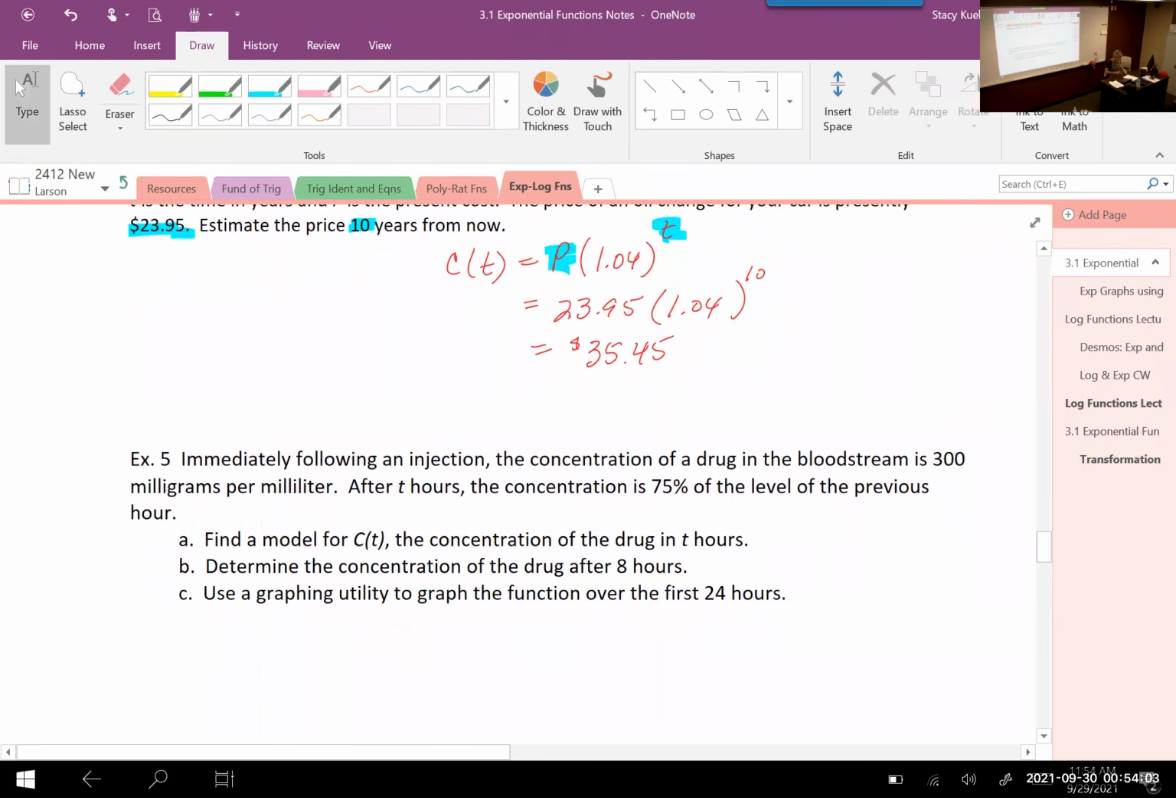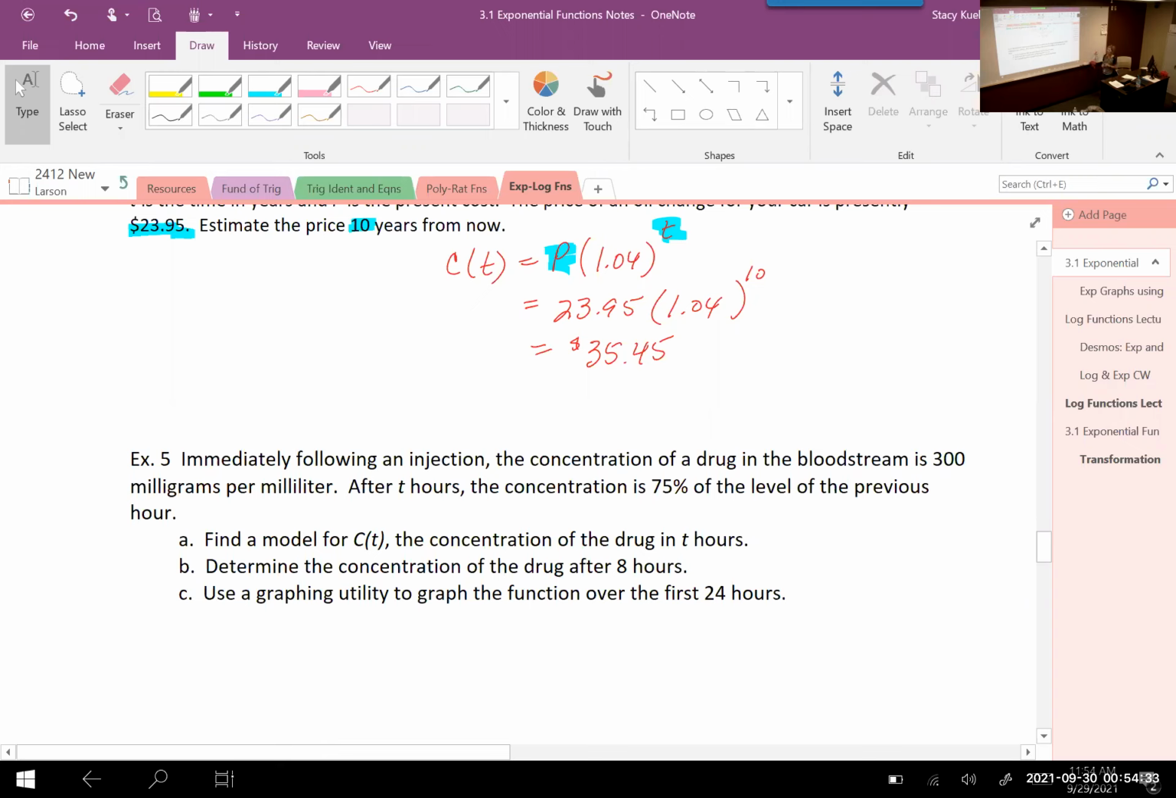Last one we're gonna look at as far as modeling, and then we're gonna do a little bit of modeling towards the end of this section anyway. So I'm gonna fill in a little bit of this. It says immediately following an injection, the concentration of drug in a bloodstream is 300 milligrams per milliliter. So I know that most of you are engineering students. This is a biology question though. So after T hours, the concentration is